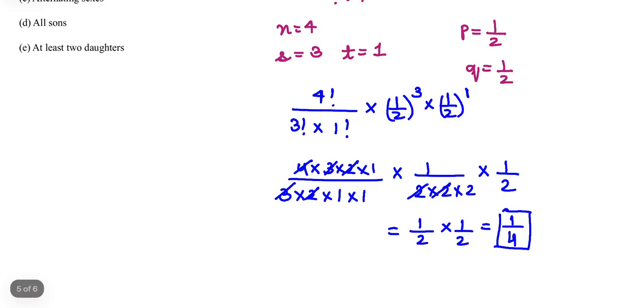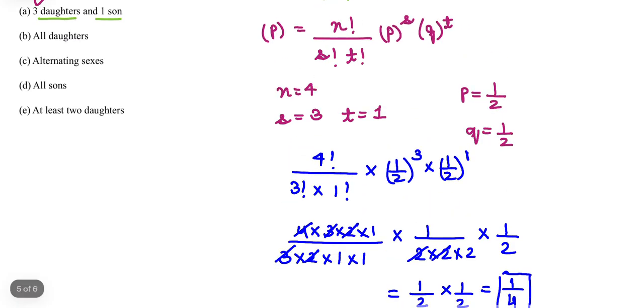The next possible question can be: what is the probability of having all daughters? That is the B part. What if we have all the daughters? Now it is a very simple question, but still we can apply the formula also. The number of events was 4 because we have 4 children. Now